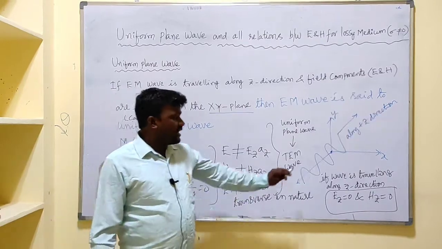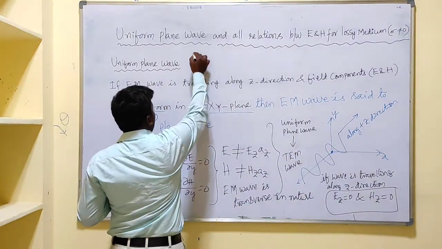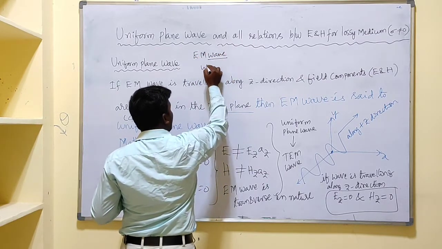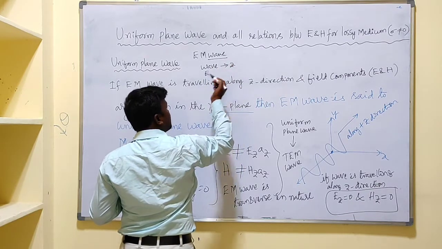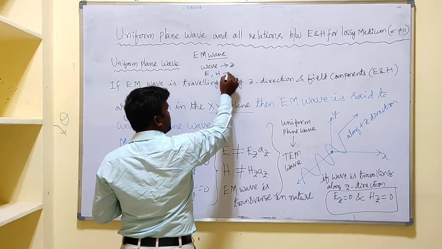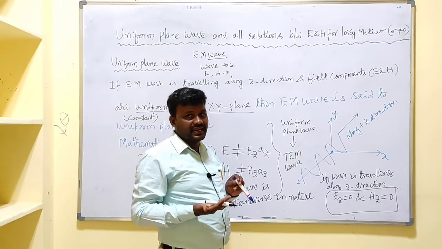Okay. So they are transverse in nature, these three components. First, in an electromagnetic wave we have three components. What are the three components? The wave is traveling along the z direction, and the electric field is not along z because it is perpendicular to z, and H is also perpendicular to z. That means E may be present along the x direction, and H may be present along the y direction.